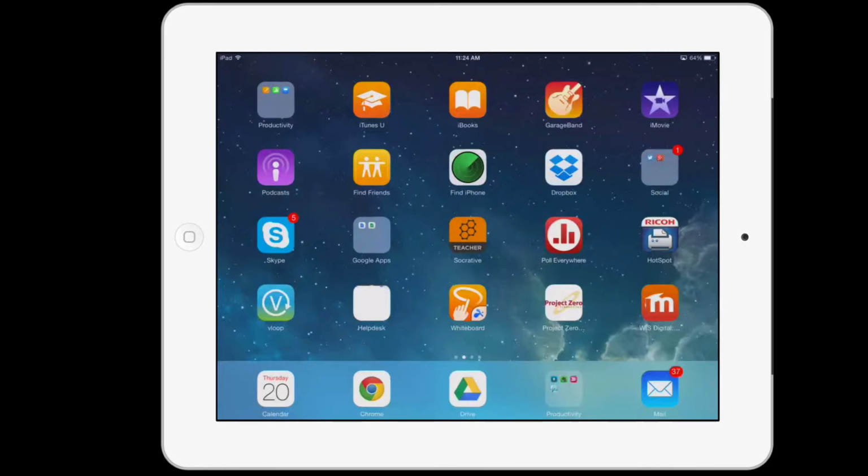So simply by holding your finger on one of the icons, you can start to get this jiggling action with the apps. This means now they can be moved around, deleted, so on and so forth. So for example, if I take my iMovie app, which is right here, and if I want to group it together with my GarageBand app, I can simply place my finger over the iMovie icon, pull it on top,